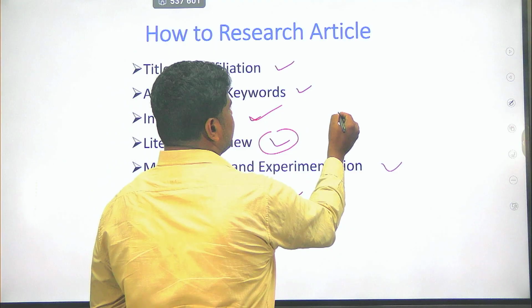Whatever research was previously done on that particular topic is very important. And the literature review elaborates the research gap inside the research paper. Research gap means what? Suppose researchers did their work on niobium-doped nanomaterial, and they have not used